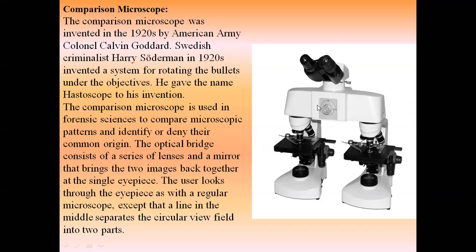They have been joined here with this bridge. That is the only idea. So two compound microscopes are bridged together, and as a result, two specimens, one from this place, one from this place, and when you see through this eyepiece, the image that you will be able to see is like